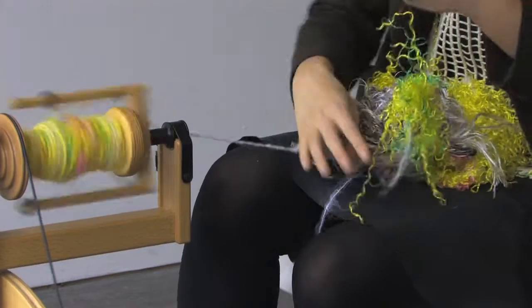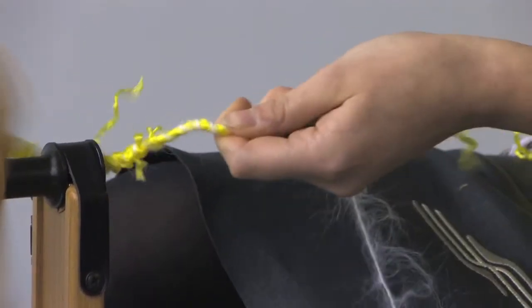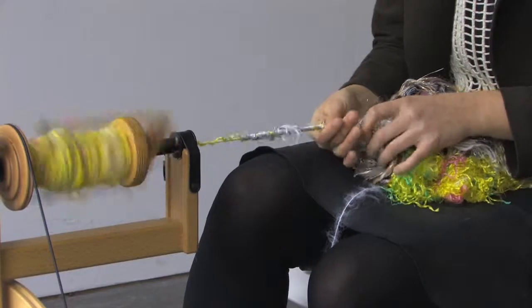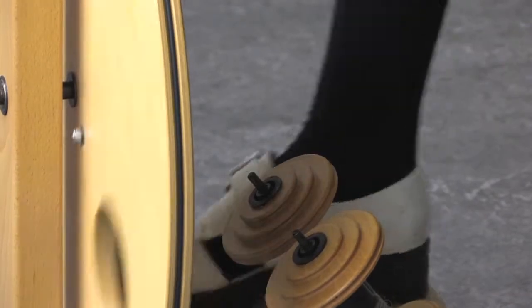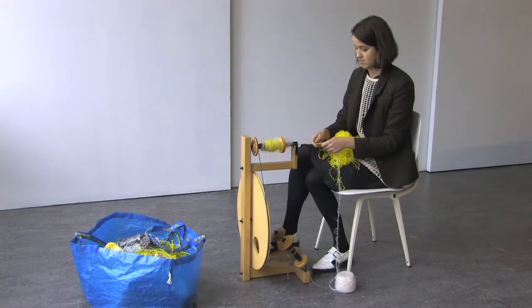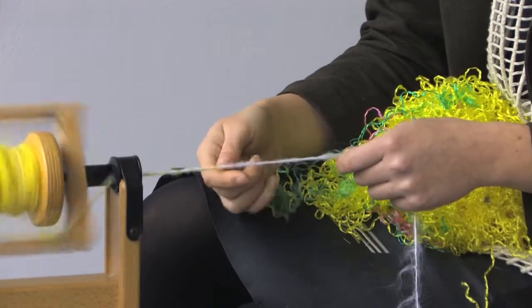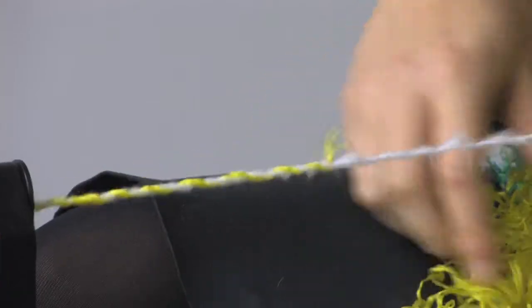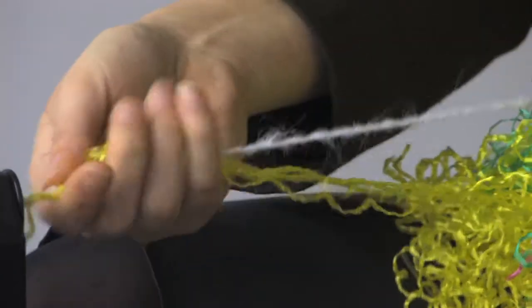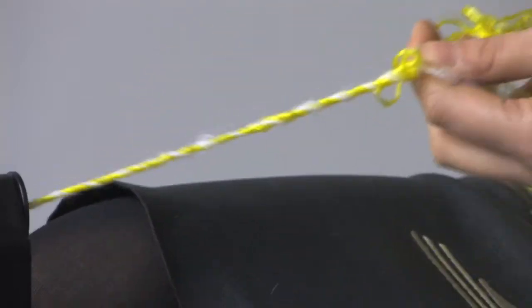Spinning for me is making possibilities. What most people do is use ready-made fabrics, or make the fabric, weaving it with ready-made yarns. What I wanted to do is make my own yarn and then use that yarn in projects, because it's more personal. I started with normal wool, and then I found out that it was more interesting to make a